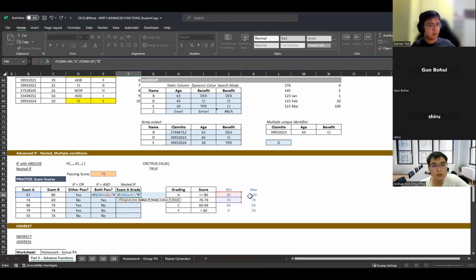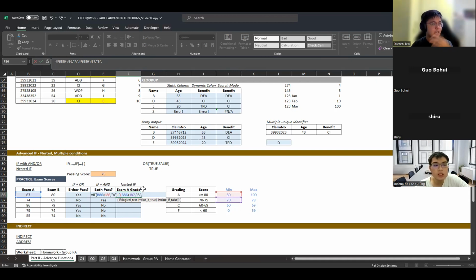Okay. So why I didn't touch this max is because if I didn't even hit 80, I don't even need to touch the max values. If I didn't even hit 80, that means I'm definitely below 80, I'm already in the below 80 range. But I know that if I'm above 70, then I am at least a B already. So I know that if this is true, I'm definitely a B. You all get the logic over there? I hope you all understand my logic over here.